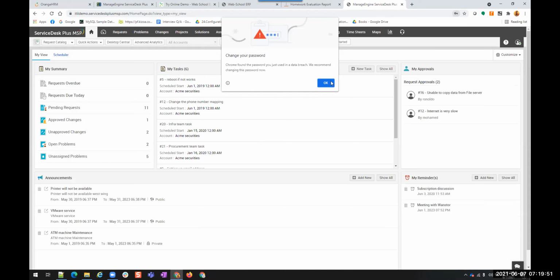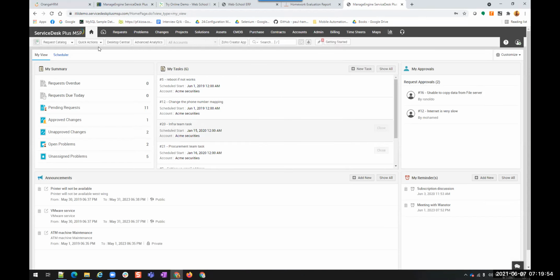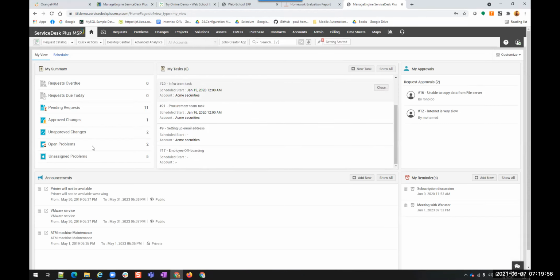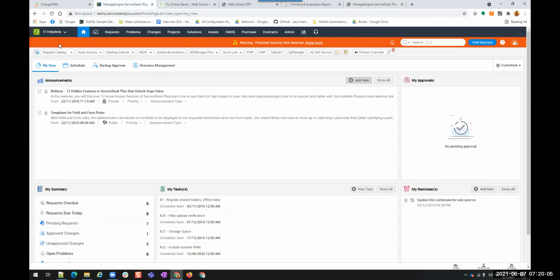This is another Service Desk Plus MSP where you can create requests, tasks, and all other things. We can use this site as well. This is Service Desk Plus MSP. This is some other thing. So similar tools for the same purpose. Okay.